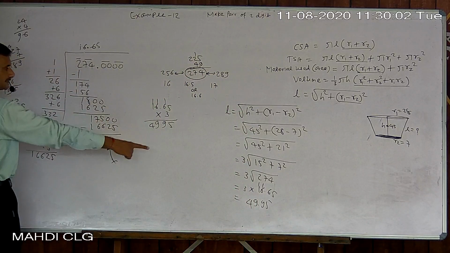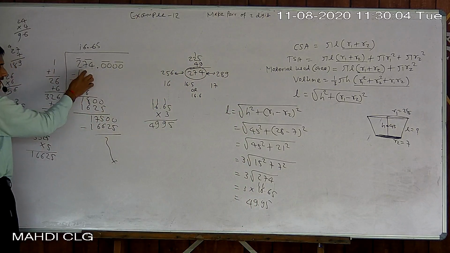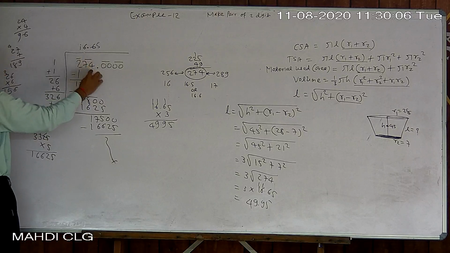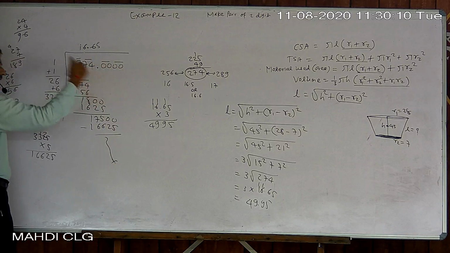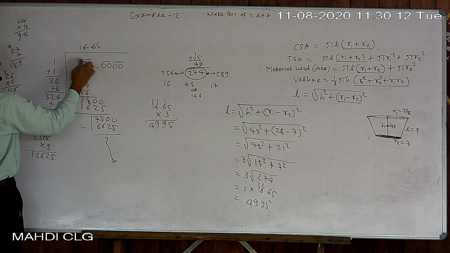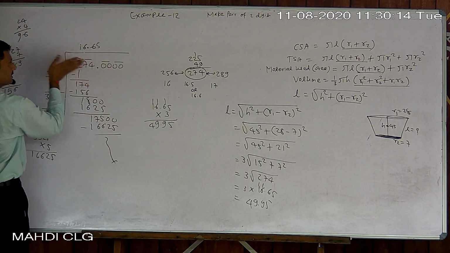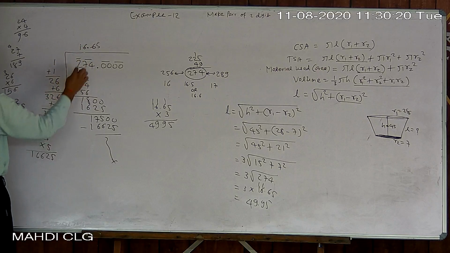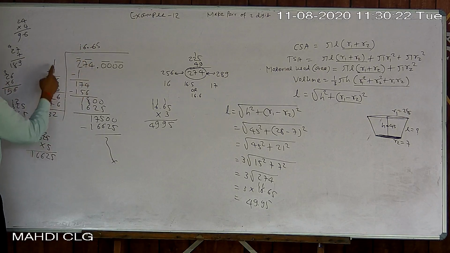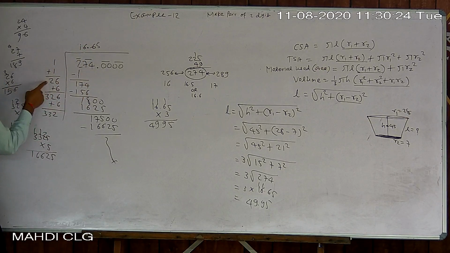274 is there. I want to find the square root of that number, so I place it here, and 4 extra zeros are placed after the point. You can place as many as you like. Then make pairs this way from the point to the left side and from the point to the right side. If 1 is left, then it is a pair of 1 only. Now 1 1 is 1, so 2 minus 1 is 1. For the next step, the next pair is brought down.